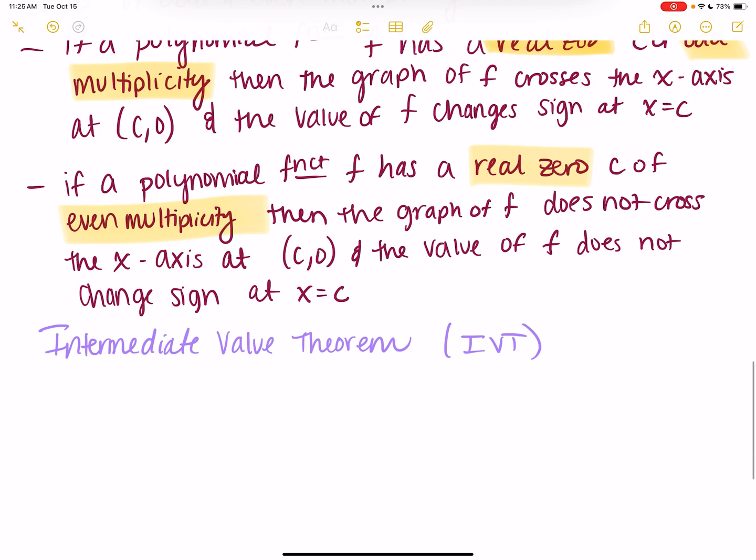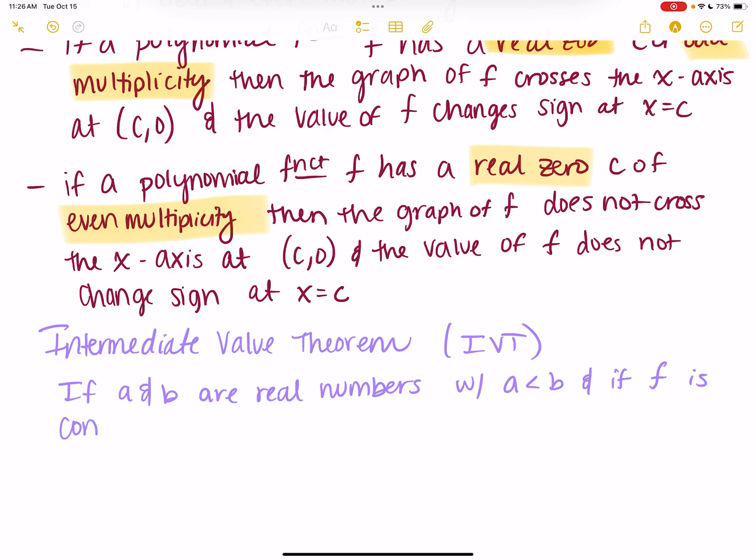It says if a and b are real numbers with a less than b, and if f is continuous on the interval, I should specifically say on the closed interval a to b,